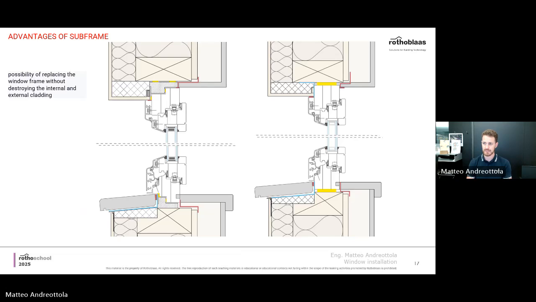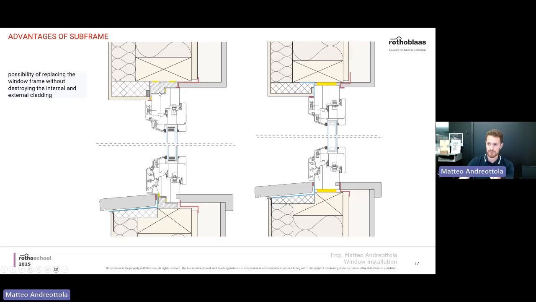That means, just to make things a little bit more clear, I would choose to use a subframe in a timber structure in the following cases. First of all, you know that timber is a very precise material, and therefore we wouldn't actually need a subframe for tolerance, because with masonry, it's quite common to use a subframe to just make sure the tolerance is the right one. But if you have timber, everything is cut with CNC machinery, or it's cut in a very precise way anyway, and you don't need that for tolerance.